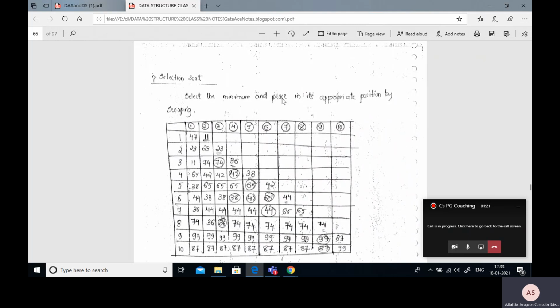Selection sort: select the minimum and place it in its appropriate position. Suppose these are the given elements. In the first iteration, select one element and place it in proper order. Now interchange these two elements, that is here 11, here